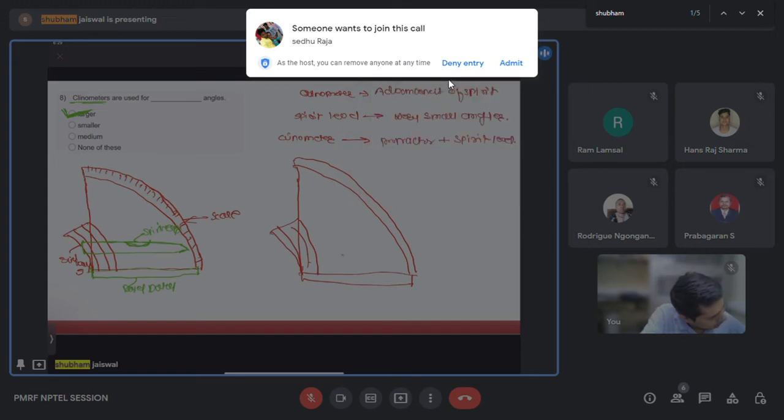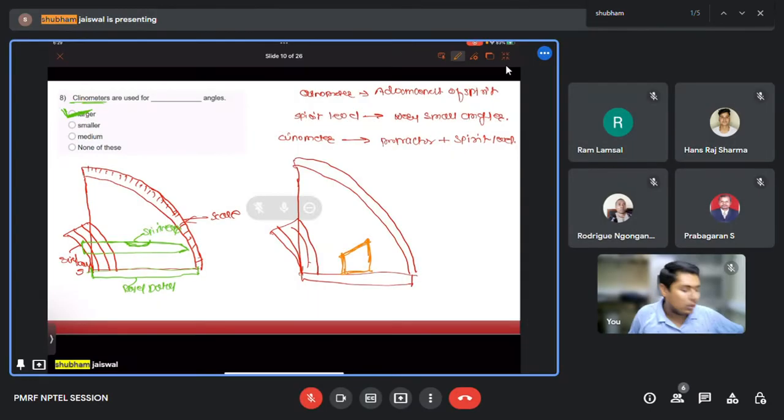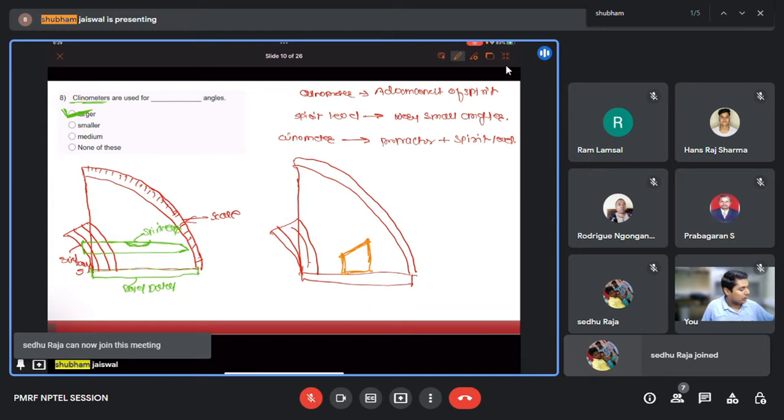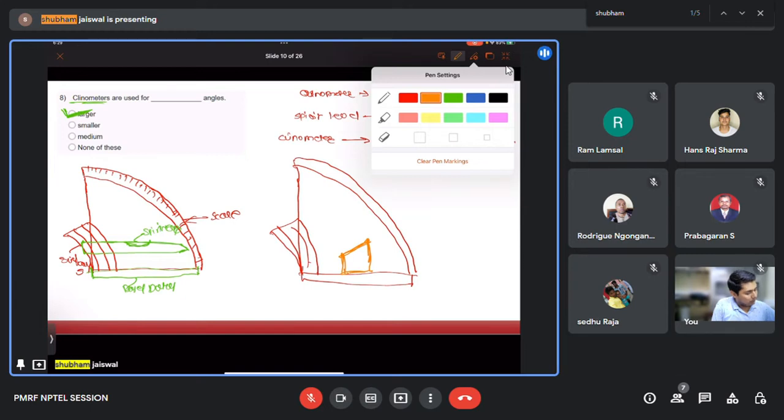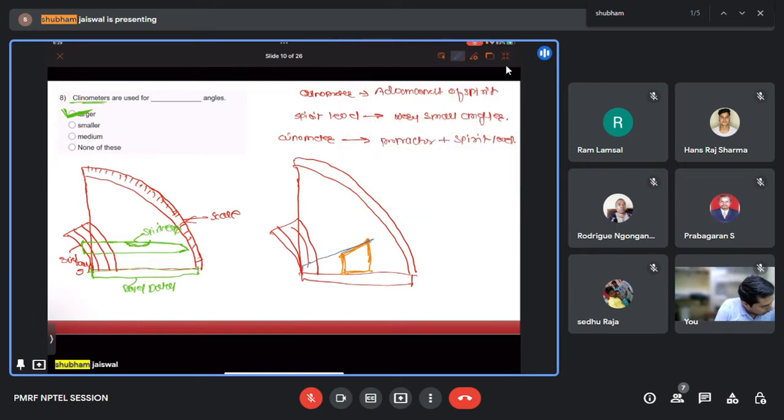So suppose this is my workpiece and I want to measure its angle. Okay, this angle, like how much inclination there is. So what I will do, first I will measure the angle. First I will make my stylus parallel, and I will rest this one on the inclined face. Okay, so suppose this is my inclined face. First I will keep my stylus parallel to that one, bring it, and then make the contact with that inclined face, and I will